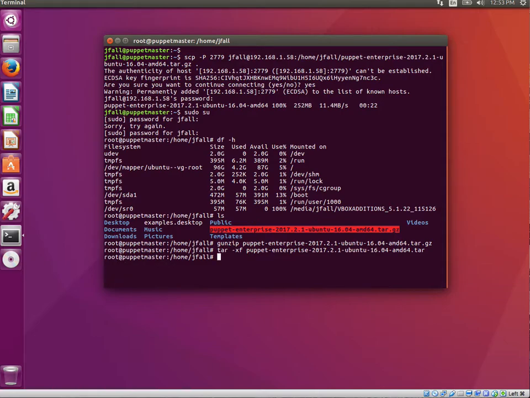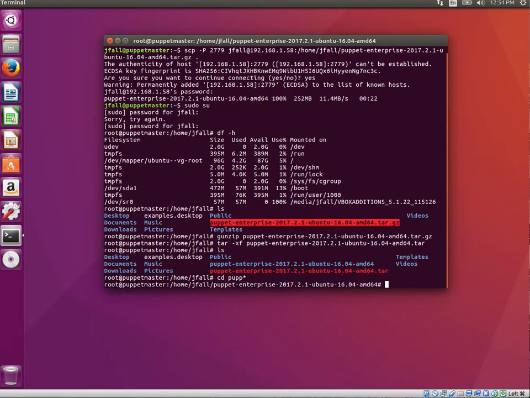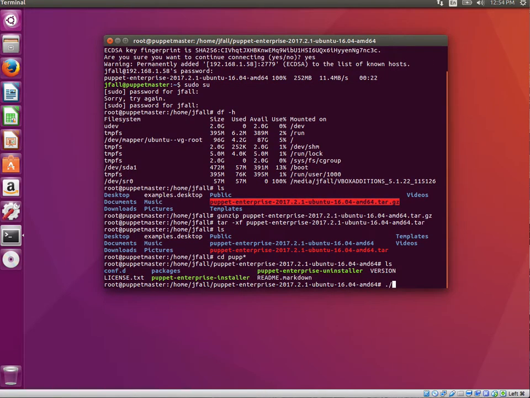I also backed the VM down one version of Ubuntu. This is 16.04.1. I had tried the newest level of Ubuntu and it didn't seem like it liked it a whole lot. So let's see if this will go this time. And I'll do the web installer like I tried before. And